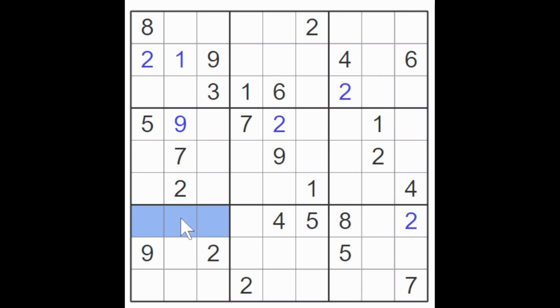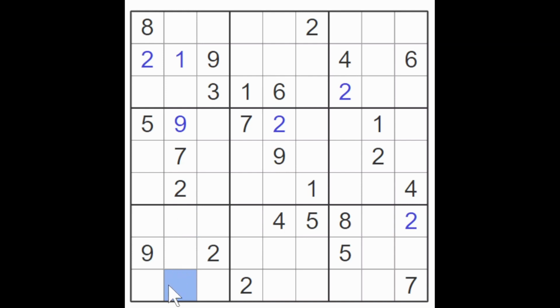So this is a 3 or a 6. So 1, 7 here. This is a 3 or a 6. This is a 3, 6, or a 9. This is a 3, 6, or a 9. So a 1 or a 7. That's a meager result, I think, from all this analysis. But let's see. One of these will have to be an 8. So we got 3, 6, and an 8